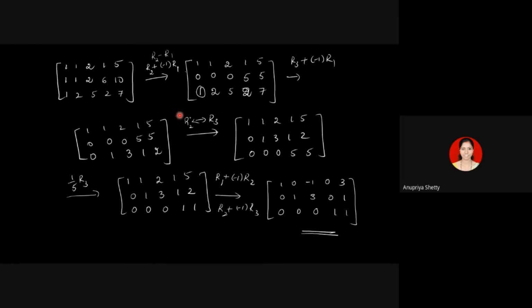Okay, only if I do this R2 interchanging R3 at some point, then I would get this matrix. Otherwise, I may not get the same matrix. I may have some other rows there. Okay? But other operations, since the entries are very clear here, you will easily make it 0. You can easily guess which entries can be. So other operations, everybody may do the same. In this case, other matrices, again, you may apply some other operations compared to your friends. But here it is quite easy to guess which operation can make the entry 0 and all that.